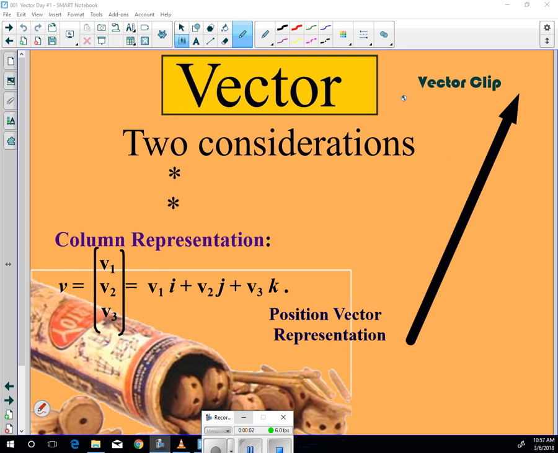All vectors have two considerations. What were the two again? Direction and magnitude. Very good. And what we're going to do is a whole bunch of stuff with vectors. Vectors pretty much open up